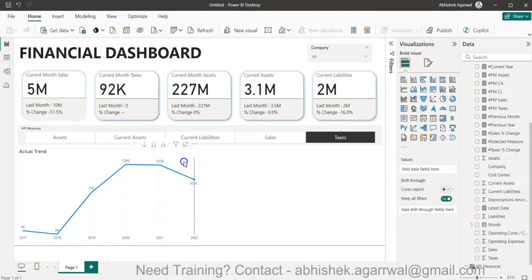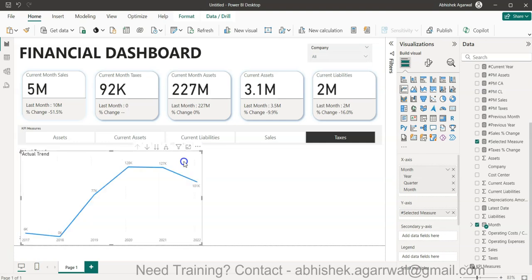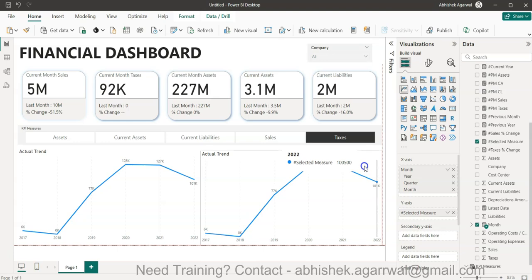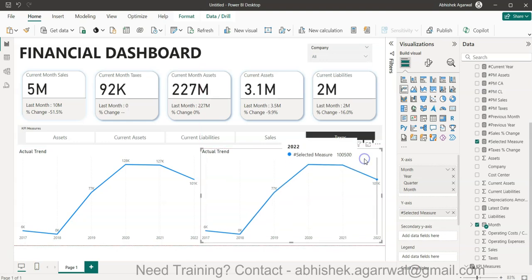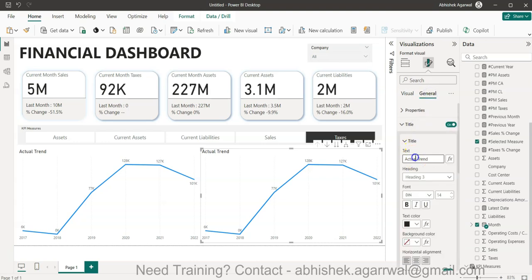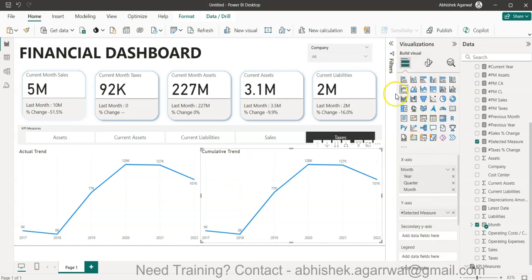And we'll copy and paste and align it. Yeah, okay. And this is the cumulative trend. So I'll just come over here and call it cumulative trend, right? Once we have the cumulative trend, what we need to do is create a measure, a running sum type of calculation